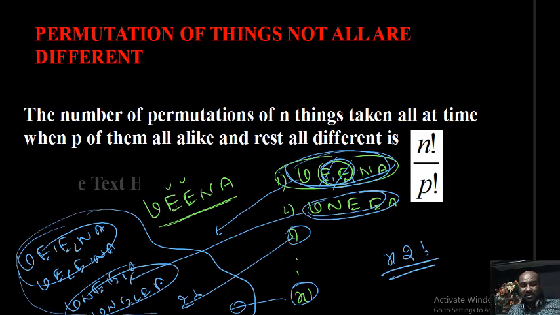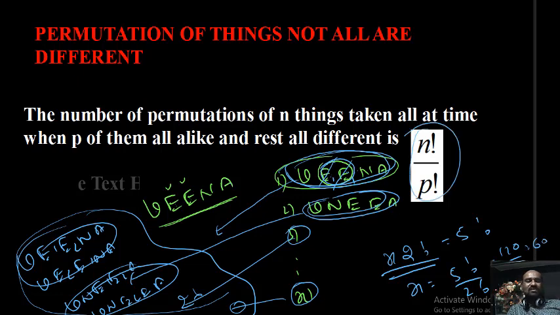These all are nothing but permutations where these 5 letters are treated as different. How many permutations do we get? Those many. That's why I can say this is nothing but 5 factorial. That's why x into 2 factorial is nothing but 5 factorial, because x is equal to 5 factorial by 2 factorial. So that is 120 by 2, that is equal to 60. Practically, you are getting the same answer.